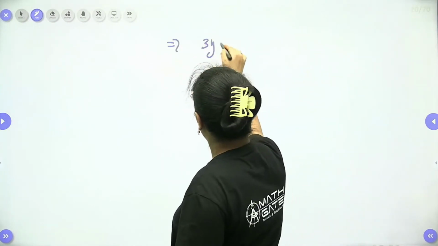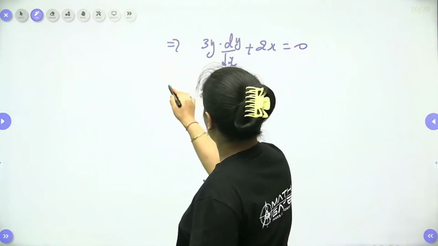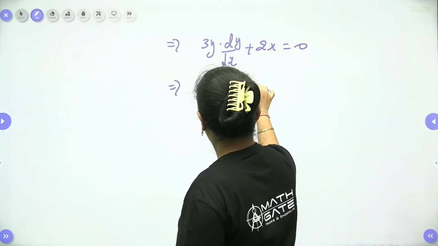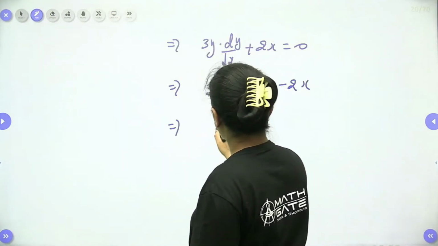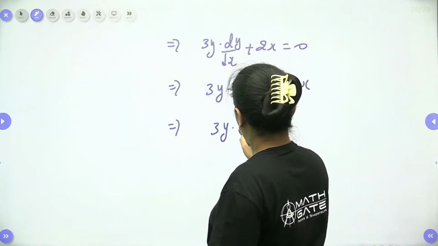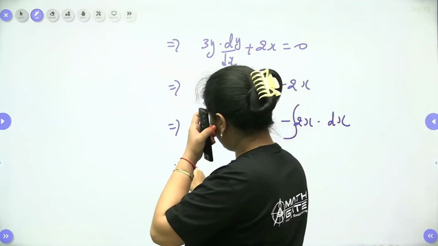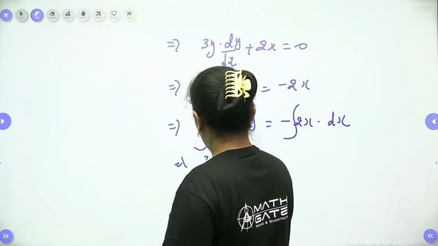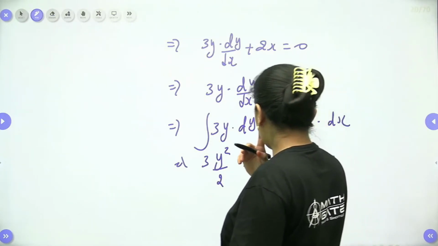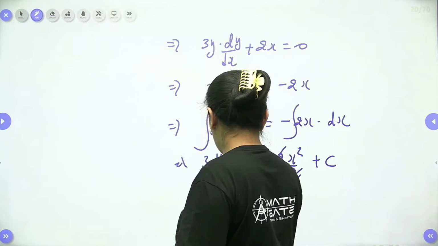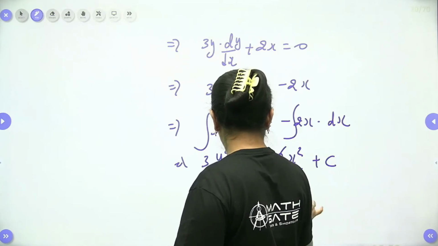Let's write down here only 3y dy by dx plus 2x is equal to 0. When we approach it, 3y dy by dx is equal to minus 2x. So 3y dy is equal to minus 2x dx. Let's integrate both the sides. It will be 3 y square by 2 is equal to minus 2x square by 2 plus c. 2 and 2 will cancel out. It will be x square by 1 plus y square by 2 by 3 is equal to